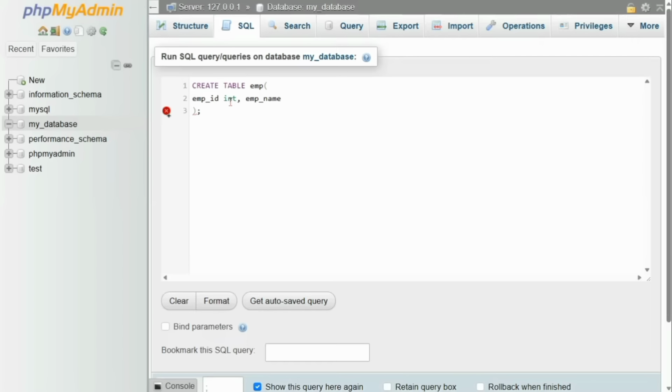Varchar is the type used to store string or text values, and give this the length. Name could be of length up to 20, so enter 20. After this, create the other attribute, which would be employee salary. This would be of type int,